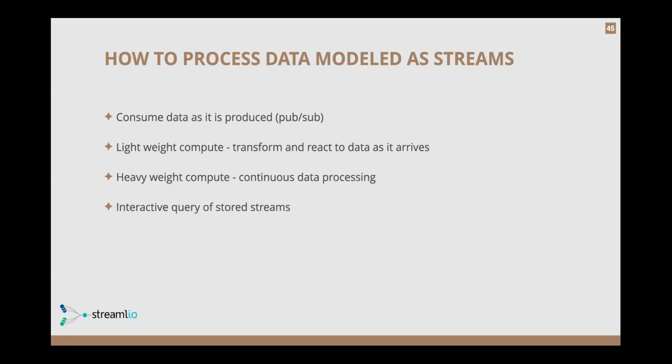You take a single event, and that's all the information you need to do the calculations, like a transformation. Then there's the concept of heavyweight compute, continuous data processing. I need to process a set of data, potentially merge it with multiple streams, and then do some additional processing once I've consumed multiple versions of that data and buffered up some data, calculating an average, for example, reacting to it, doing some sort of machine learning modeling on that. And then the fourth type of processing is interactive querying of stored streams, which I talked about using Pulsar SQL.